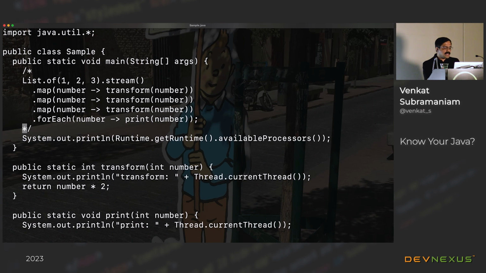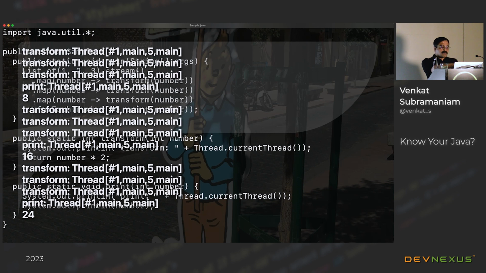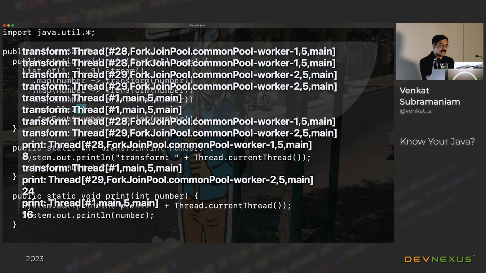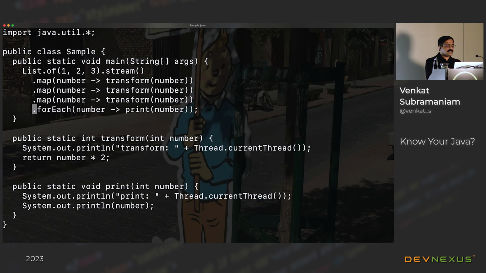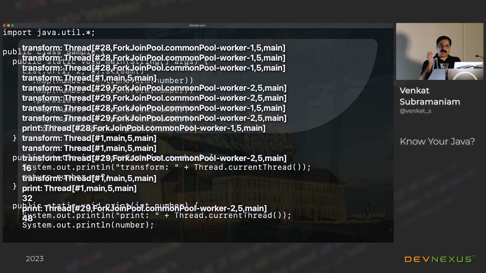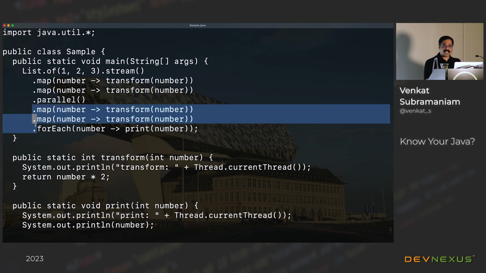So when you see the main in this particular output, don't assume it is sequential or single-threaded. Those mains are actually going to participate in the thread if there is a thread involved in that case. Now, when I put a parallel right here, you notice that it is going to run all in parallel, but notice that transforms are called from the parallel thread. However, if I move this parallel up here and add a few more maps, both the maps before and after run in parallel. So this parallel is affecting that part, and it's affecting this part as well.